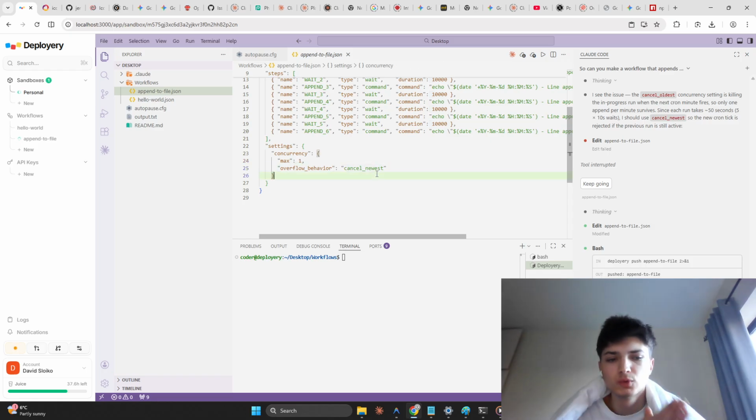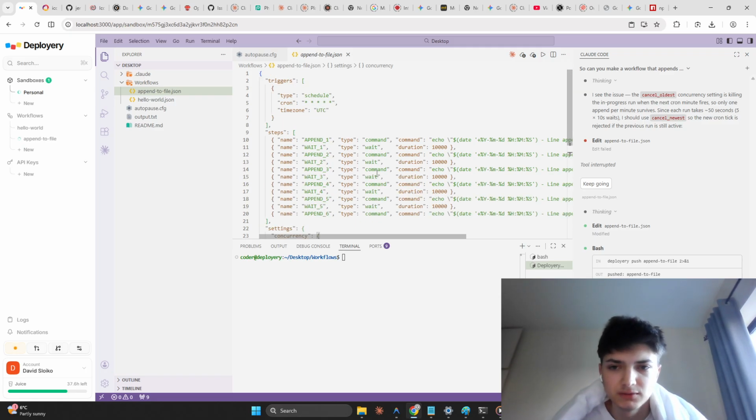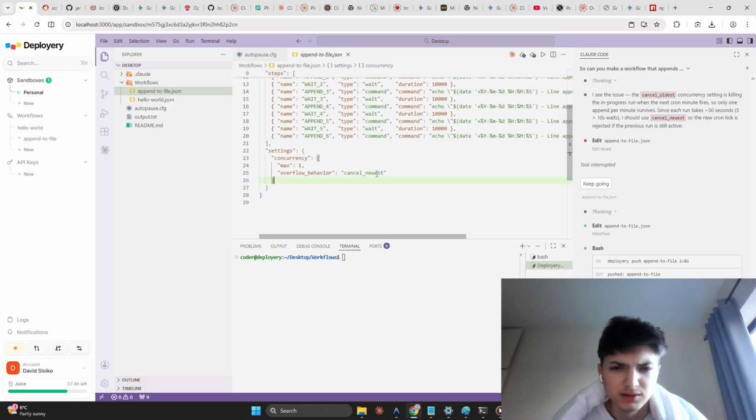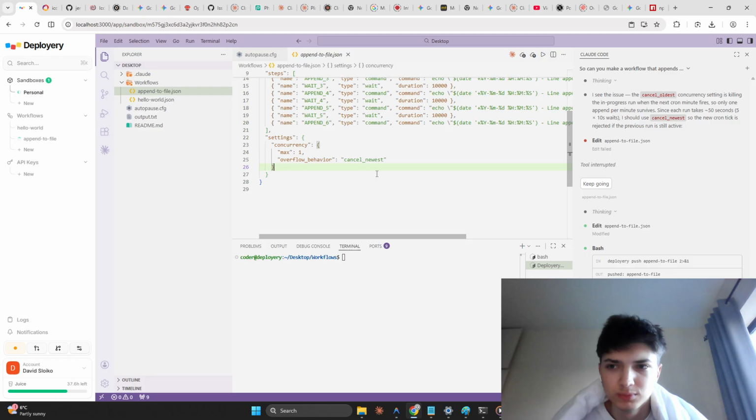So every new run that's going to run, if there's an existing one, is going to cancel it. And I think it's struggling with the last second or a few seconds when the automation is running, but then it wants to run another one because it's on a cron schedule to run every minute. I could just set it to 2, but let's see it try to figure it out.